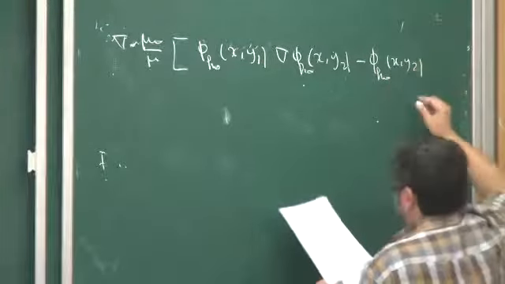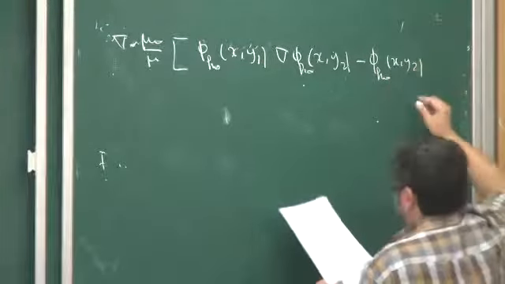This is equal to, multiplied by mu 0, phi k0(x, y1) Dirac mass at y2 minus phi k0(x, y2) Dirac mass at y1. Okay, so phi(x, y1) Dirac mass at y2 is nothing else than phi(y2, y1) Dirac mass at y2, in the sense of distribution. And this is the same for y1, y2.